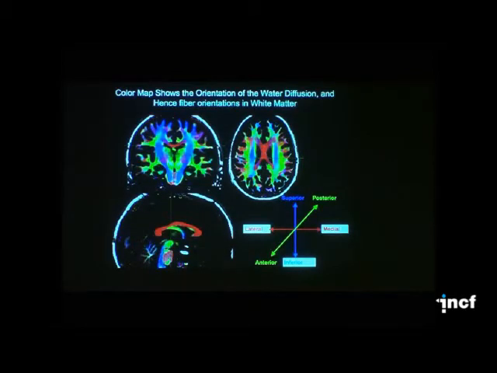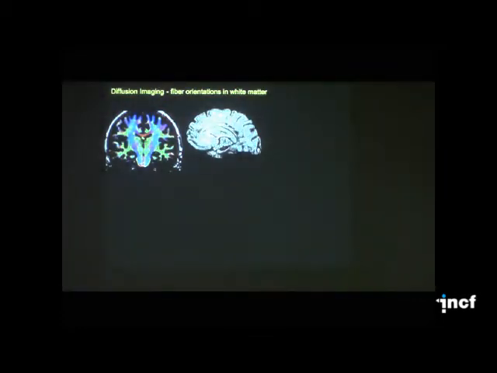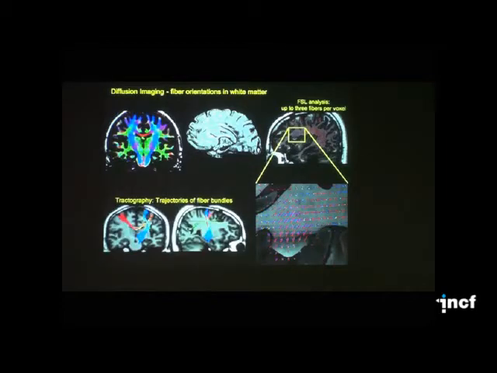We now have the methods of diffusion imaging, which can analyze for each voxel of white matter what is the trajectory of the dominant fiber bundle, and in regions where there are crossing fibers, the analysis methods developed by the Oxford group and others allow for each voxel to say, well, the dominant fiber is going this way, but there are other fiber bundles that are going in 2 or 3 other directions.